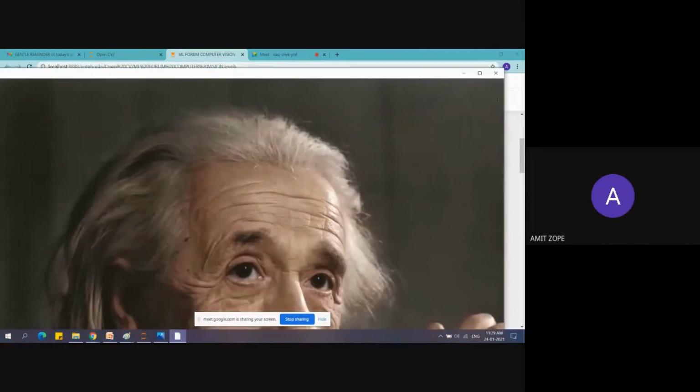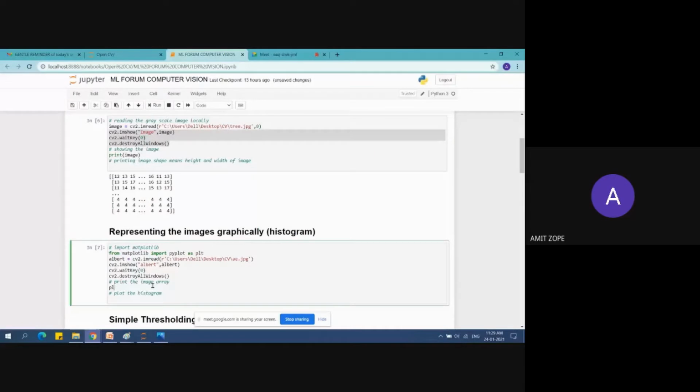Yeah, so this image is here. Now I will plot the histogram. The ravel function is nothing but a reshaping function. You can also specify reshape -1 so that whatever array we get is in the flatten format, meaning 1D format.